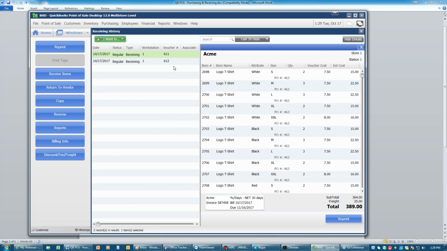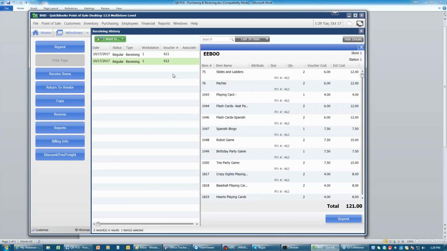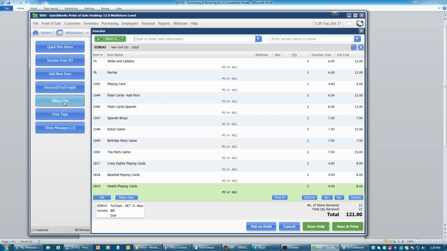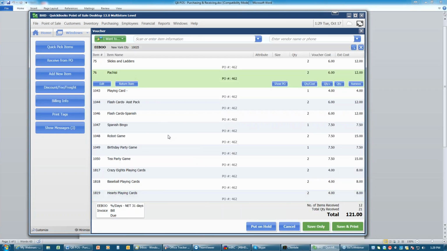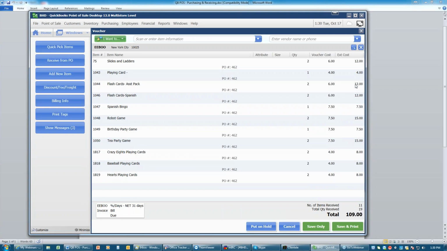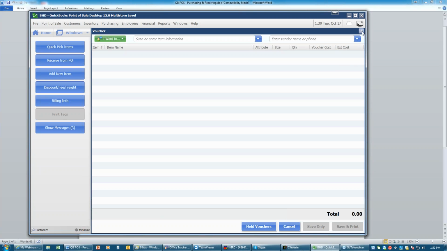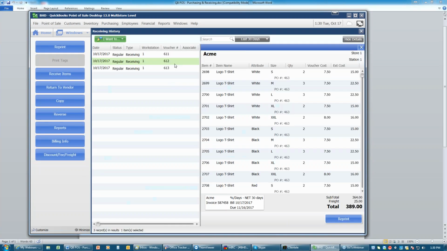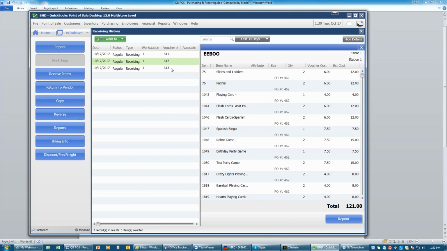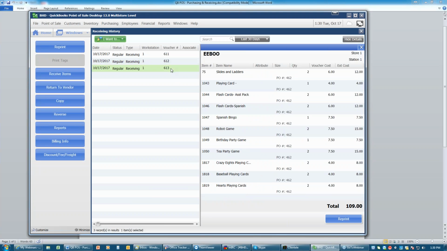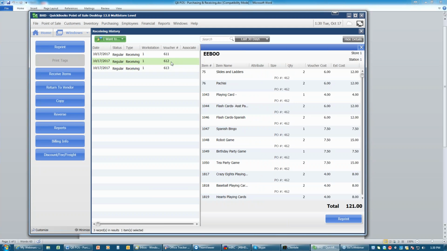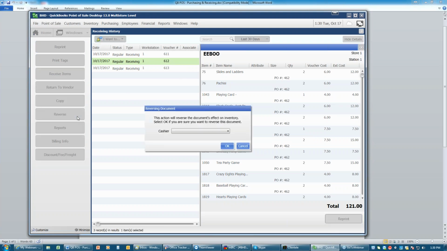So over here in my receiving history, I can reselect that voucher. I can copy it. I realize I did not get that one. I can remove it from the voucher, save that change, and now I have two copies of that voucher, the original one and the changed one. I need to get rid of this one, otherwise I've received double the merchandise that I should have. So I select the original one that I copied and I reverse it,